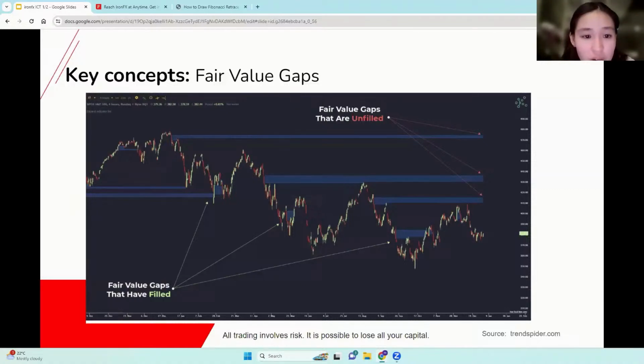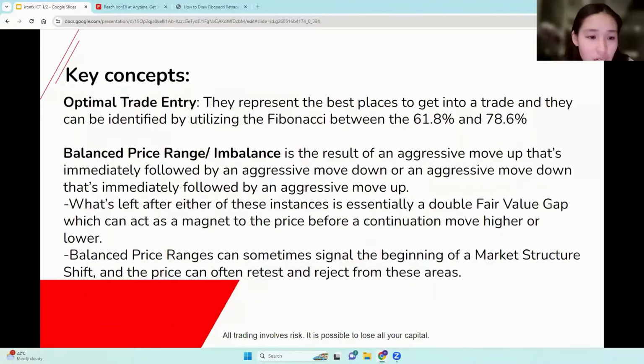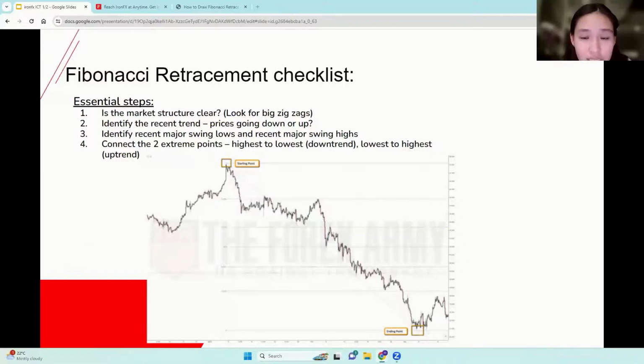Okay. I'll show you guys on TradingView, there is an indicator that helps you to find FVGs. So it's probably the easiest way to spot those, but I'll show you in a little bit. Yeah, I was talking about optimal trade entry. The link that I've popped into the chat basically goes through the fundamentals of how to draw a Fibonacci, which I'll briefly go through here as well.